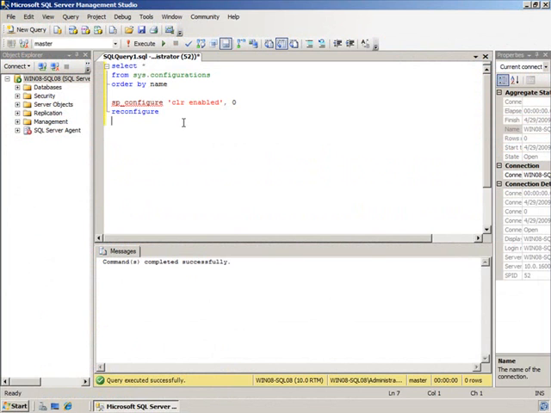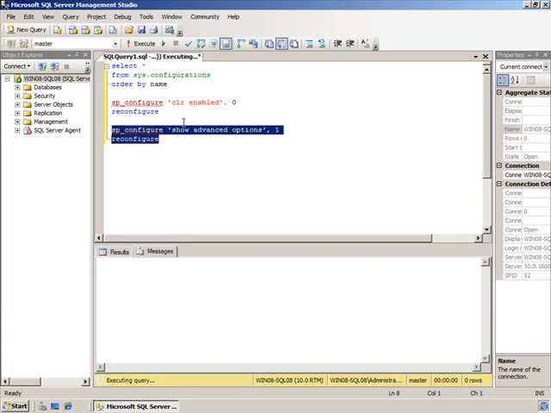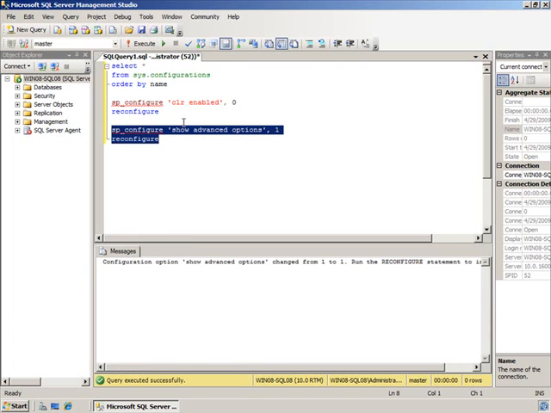And let's run that. sp_configure, and I literally run show advanced options, single quote, comma, give it a 1, once again reconfigure, highlight those, F5, so I've told it to show advanced options using the same thing, sp_configure,